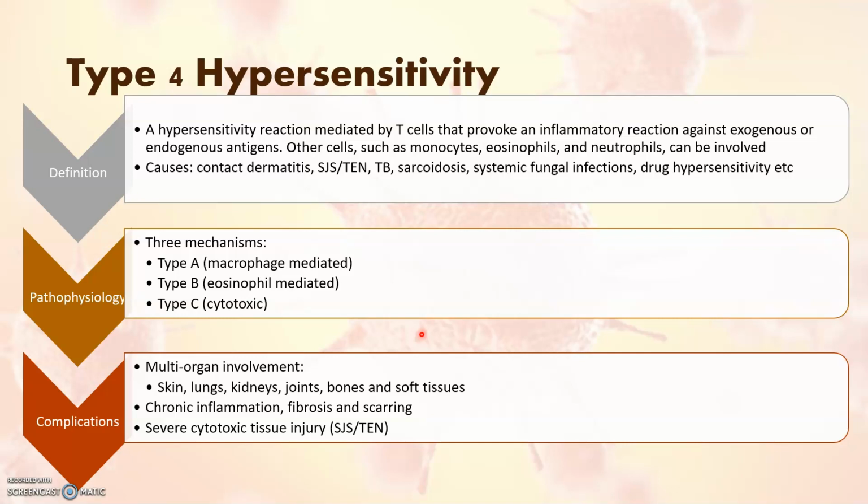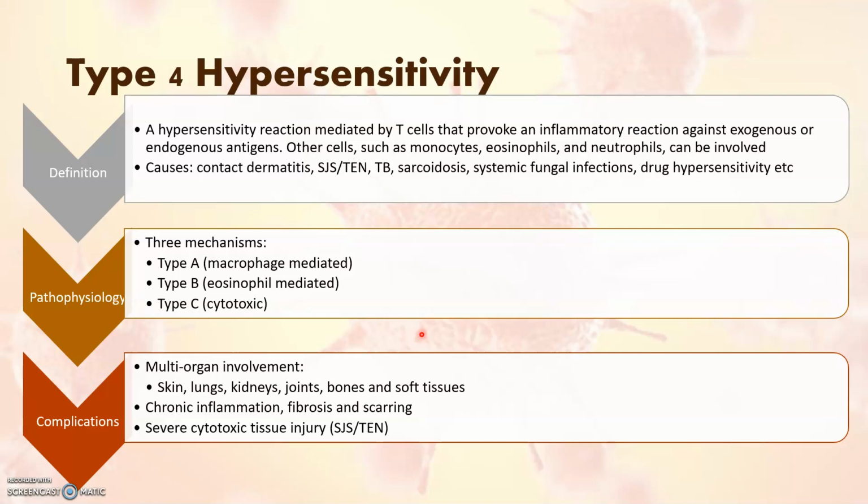There are 3 main mechanisms of cell-mediated immunity, and these include type A, which would be mostly macrophage mediated, type B, or eosinophil mediated, and type C, which is cytotoxic. But they are all generated through T cell activation. And when you look at this, you can see how the reactions might vary. So, for example, the macrophage mediated T cell